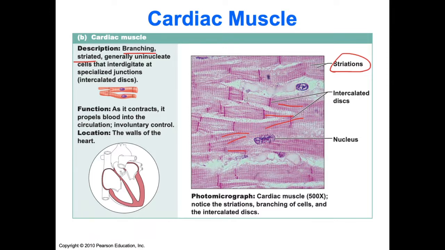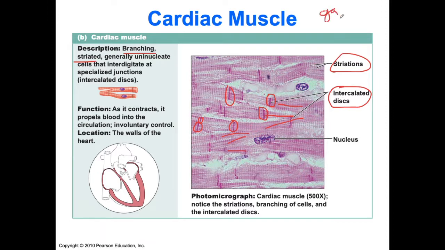But one of the other unique features that we see here is called intercalated discs. Intercalated discs are these dark bands like this. These are the junctions where two different heart cells, or two cardiomyocytes, come together